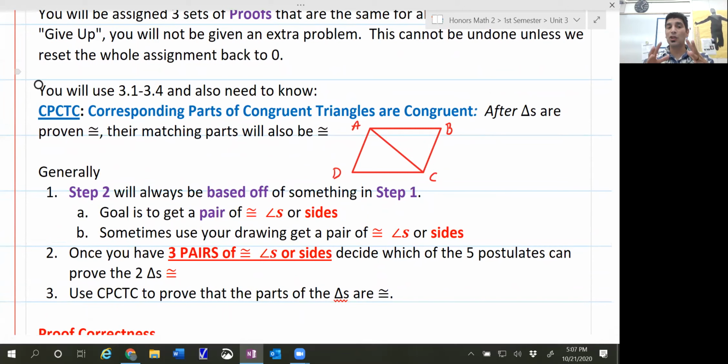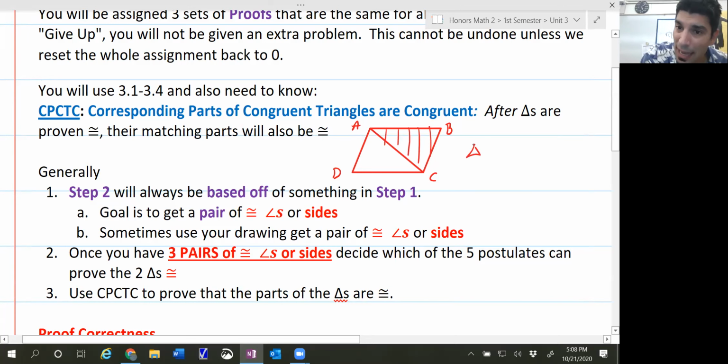So the one new thing that we're going to use is something called CPCTC. It stands for the corresponding parts of congruent triangles are congruent. What it basically says is if I can prove two triangles are congruent to each other, then all their parts are also congruent. For example,